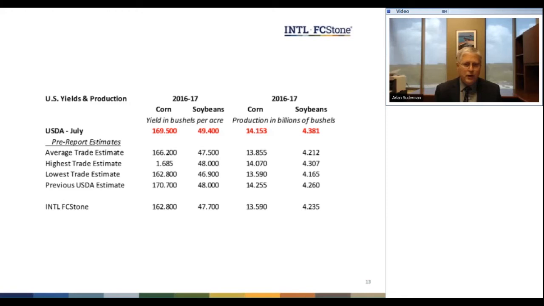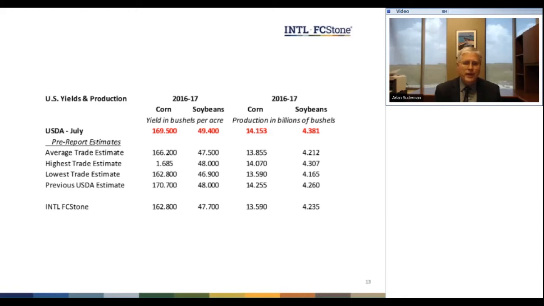Do I have a problem with the 49.4 bushels per acre as a final yield? No, that's very possible. We could be even higher than that. We could match last year's yield. That is still very possible. Or we could end up at a 45 bushel yield. It's just a surprise that USDA did the 49.4 bushels per acre in this report. And when you look at what we know of their methodology, it's very puzzling how they could have come up with that number.